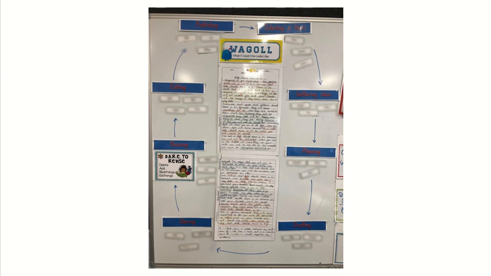So here's an example where I've put an example of what a good piece of writing looks like in the middle, and then around it I've put up the posters of selecting a topic, gathering ideas, planning, and this was in the middle of a piece of persuasive writing, and I had my students put their name under whichever one